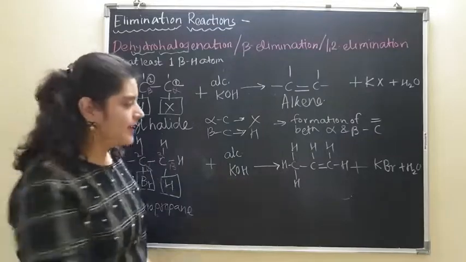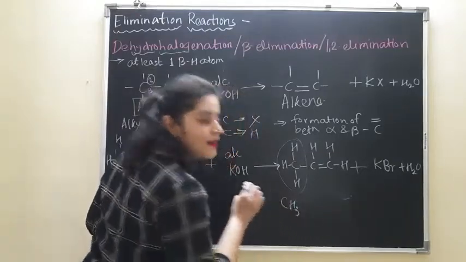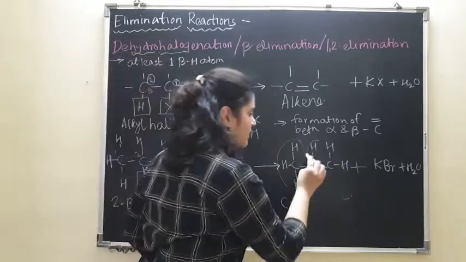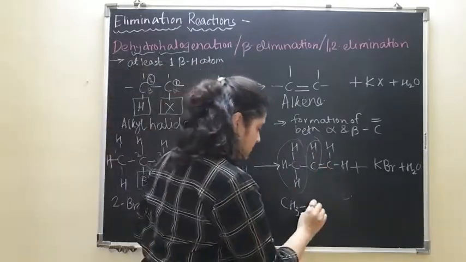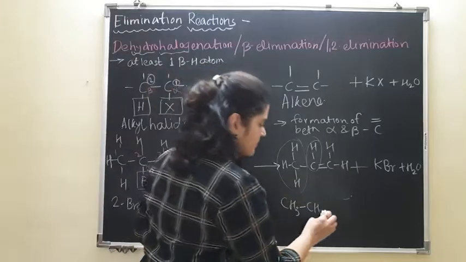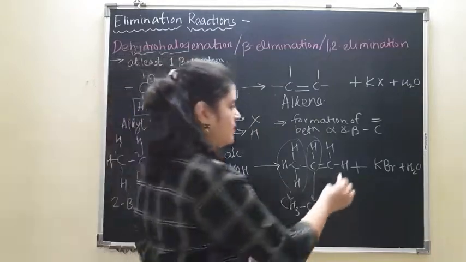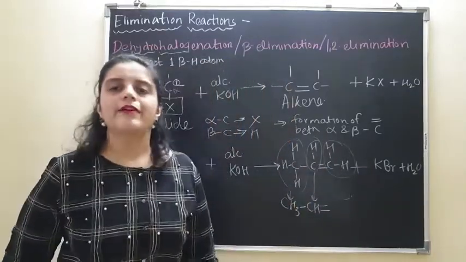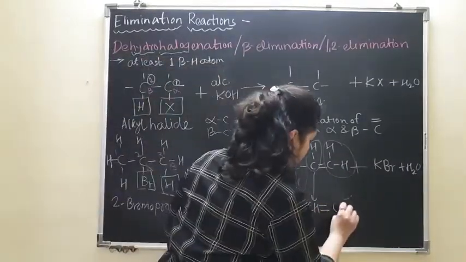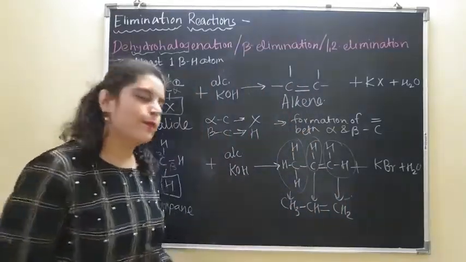You can write this as CH3. This part is CH3. Then after CH3 we have a single bond. So CH3 single bond. Then here we have CH. After CH we have a double bond to CH. Double bond, and later on we have CH2. After the double bond we have CH2, so we will write double bond CH2. So the structure that we have obtained over here is propene